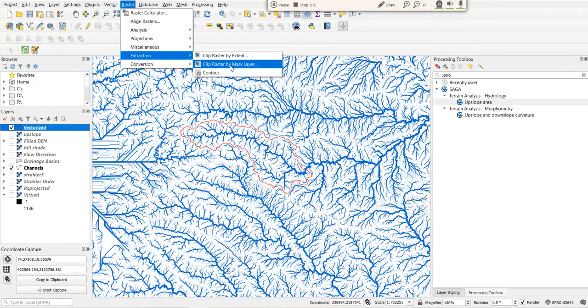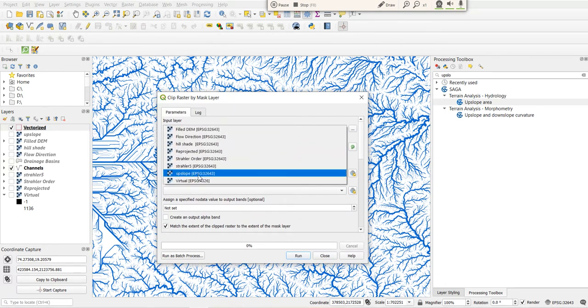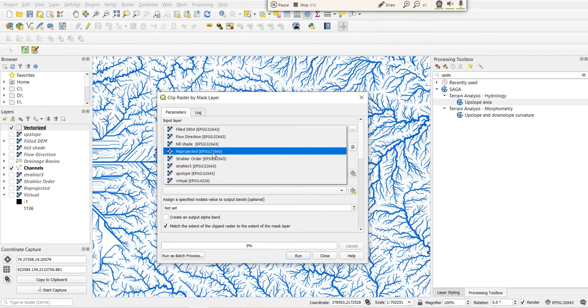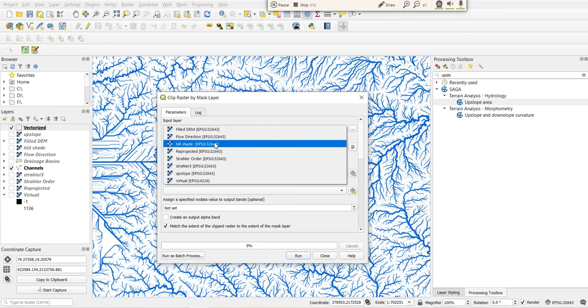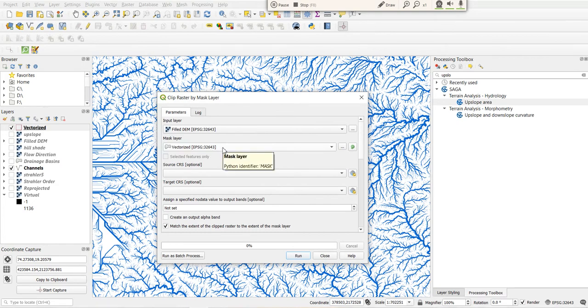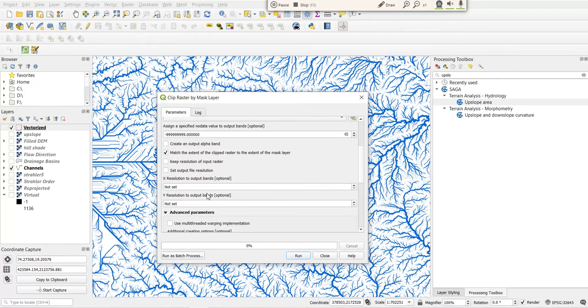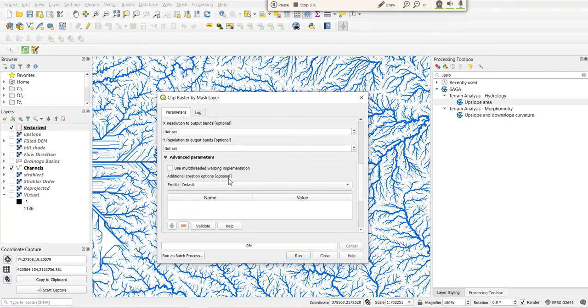So the input layer is flow direction, fill DEM, and the mask layer is that vectorized layer. Source is optional, and for no data assign value, it's not set, so we set something, and match the extent, resolution okay.